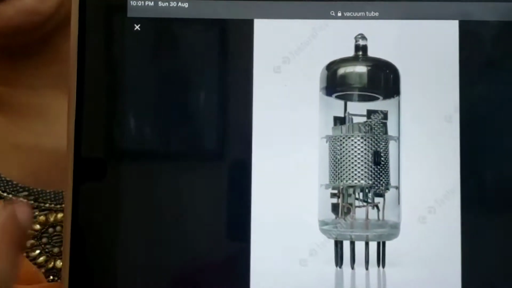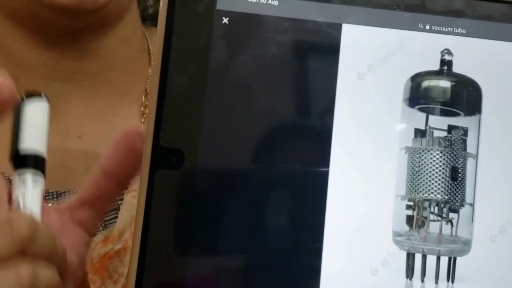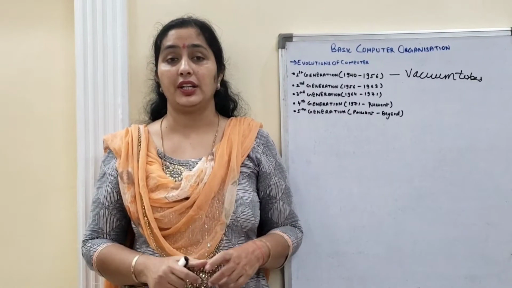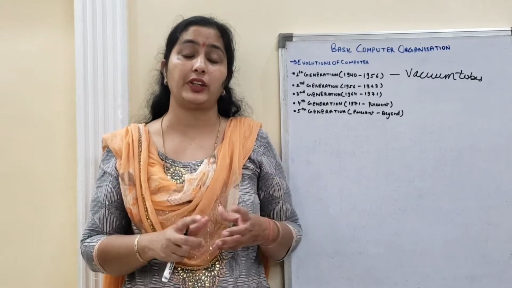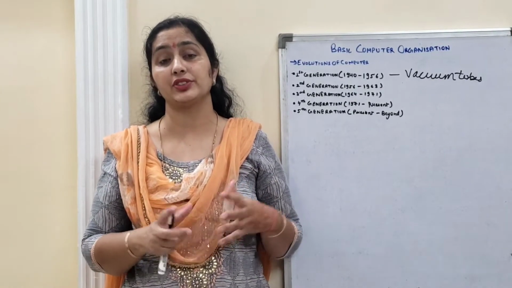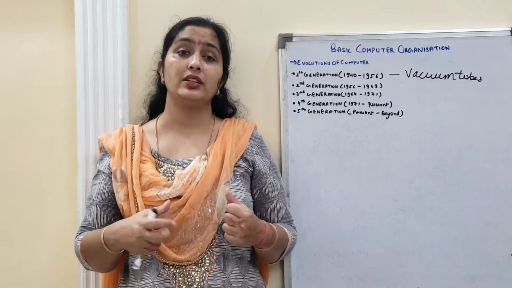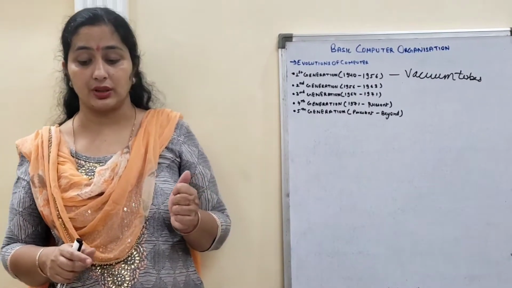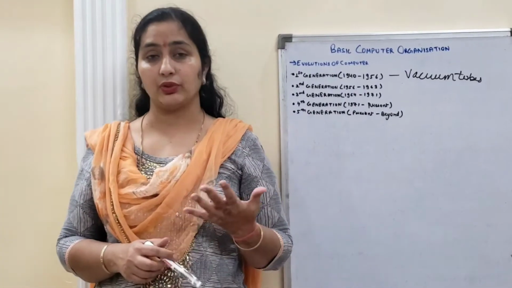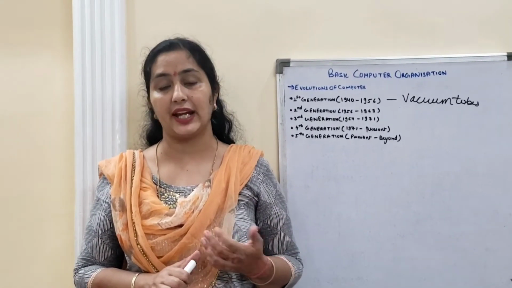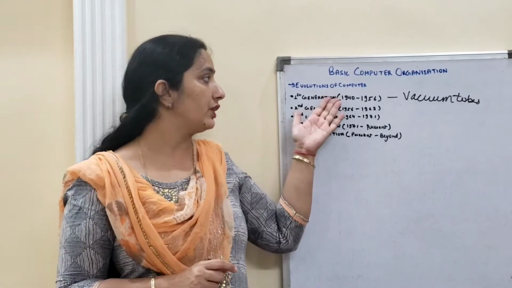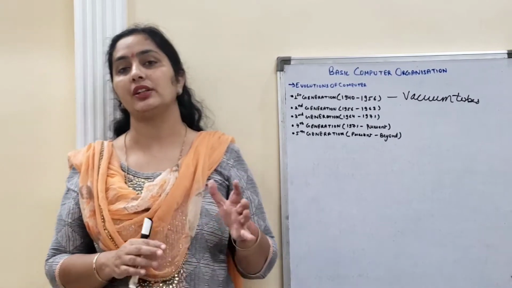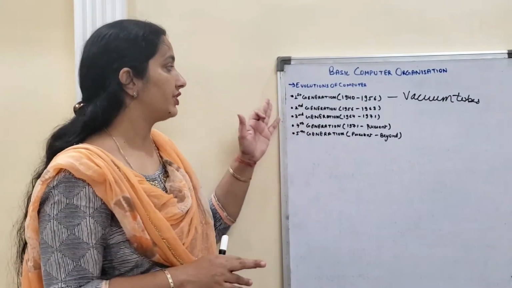So students, these are the vacuum tubes. You can see how large they are, and for that type of computer they needed to install many vacuum tubes, several of them. You can see its size, how large it was, and so many vacuum tubes were attached, because of which computer size was very big in the first generation. Now, their memory type: memory was stored on magnetic drums at that time, and the different computers we were using in the first generation were ENIAC, EDVAC, and UNIVAC.